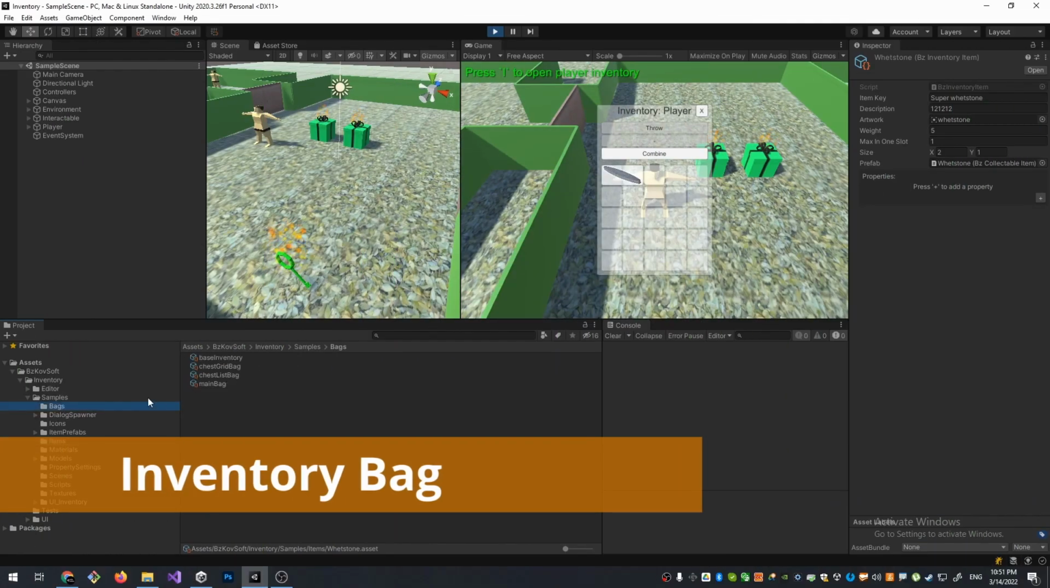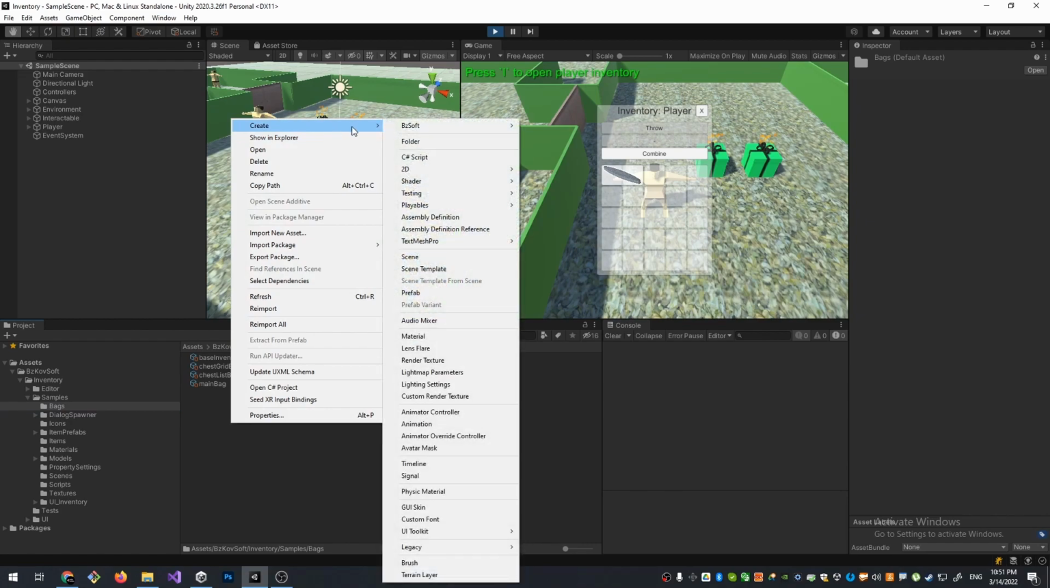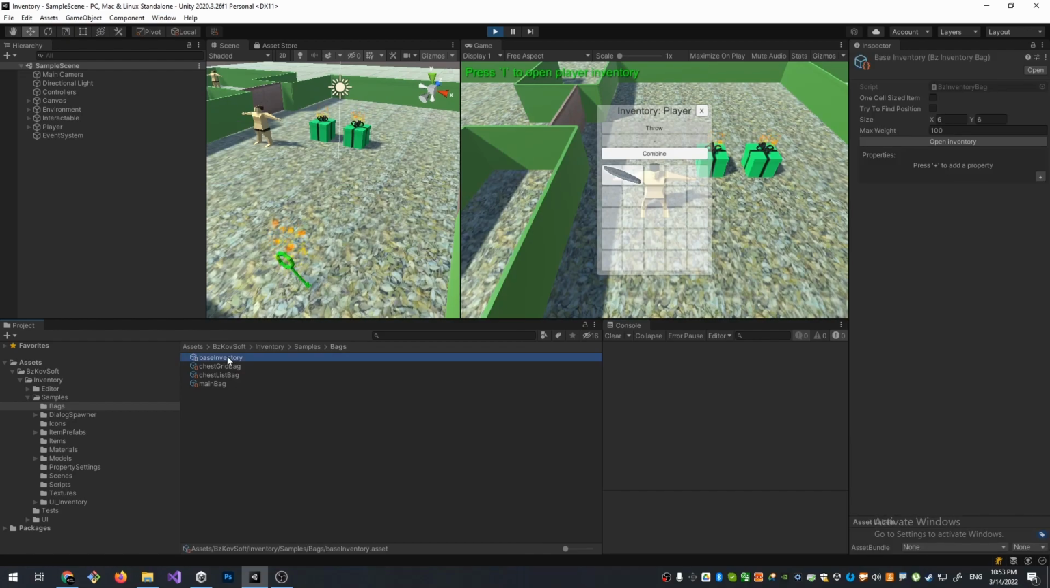The items have to be collected somewhere. For this purpose we have bags. To create a bag, you have to go create BzSoft inventory, create inventory bag. I already have some bags created. The most interesting properties here are size and the button open inventory. The size is the dimension of the bag grid, and if you press open inventory, it will open you